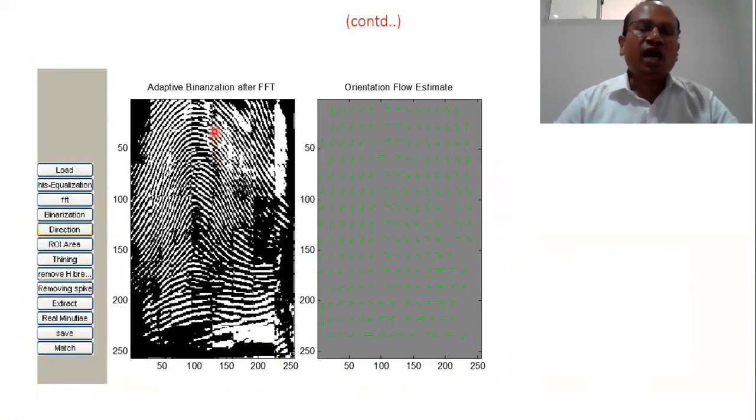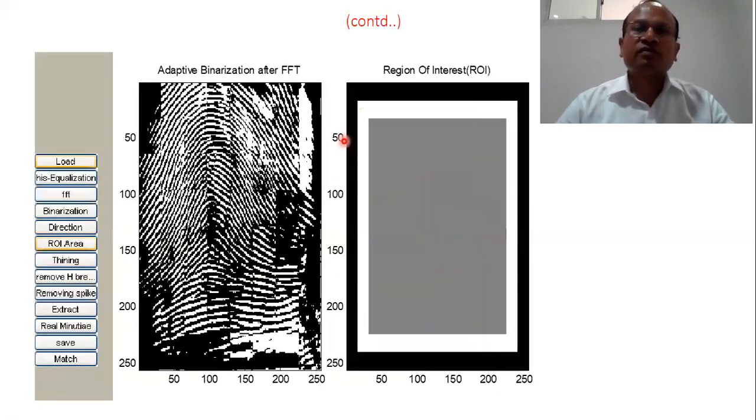After applying active binarization, the improvement can be seen here. And then orientation was drawn, that is, the orientation of these curves, these lines, curvilinear patterns, and this is what we obtained, which is very useful in order to recognize a fingerprint.